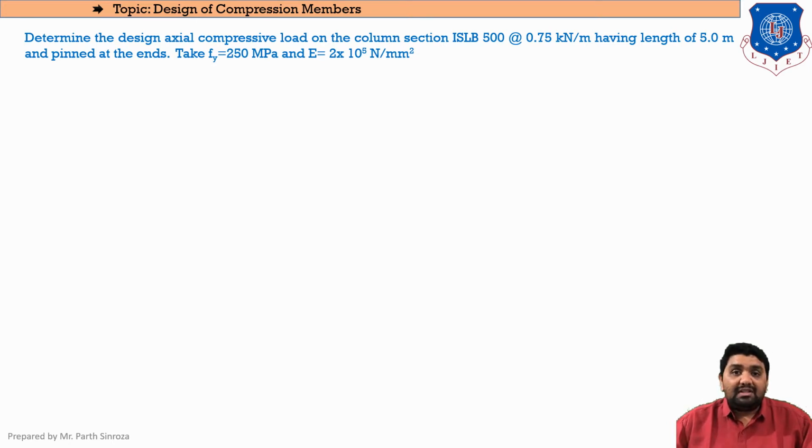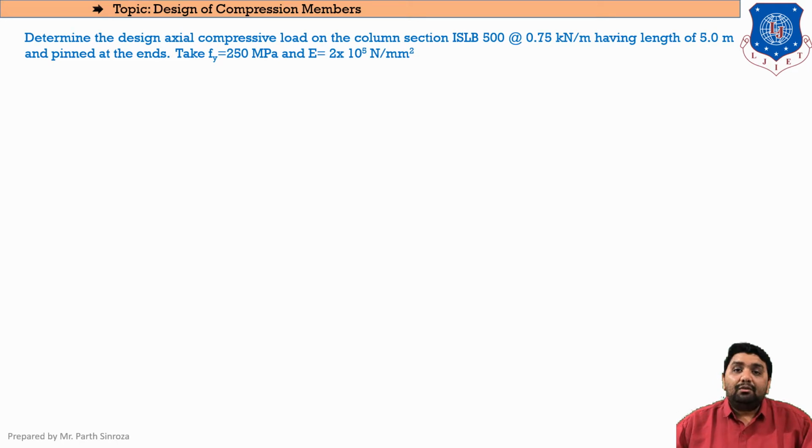In the previous sessions, we were discussing angle sections, that was for struts. Whether it is a single angle strut or a double angle strut. For solving struts, we always solve for the value of PD given in our IS code, and for that we find the value of lambda. But in the case of columns, it will be either an I section, that is our beams, a channel section, that is a C section, a T section, or any of the compound sections that we'll be seeing later on. So for all those cases, lambda will not be found. In those cases, we will be using only the tables given in our IS code.